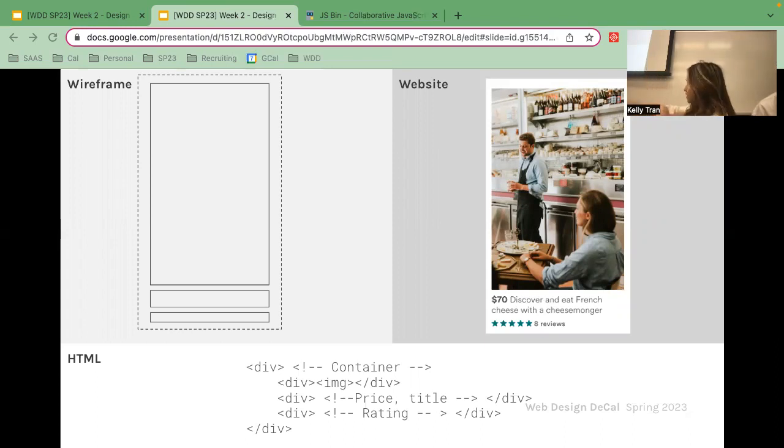Now let's translate this into code. So in our HTML, you can see there's one large div tag that acts as our container for everything. So in our wireframe, we can translate this to our large overarching